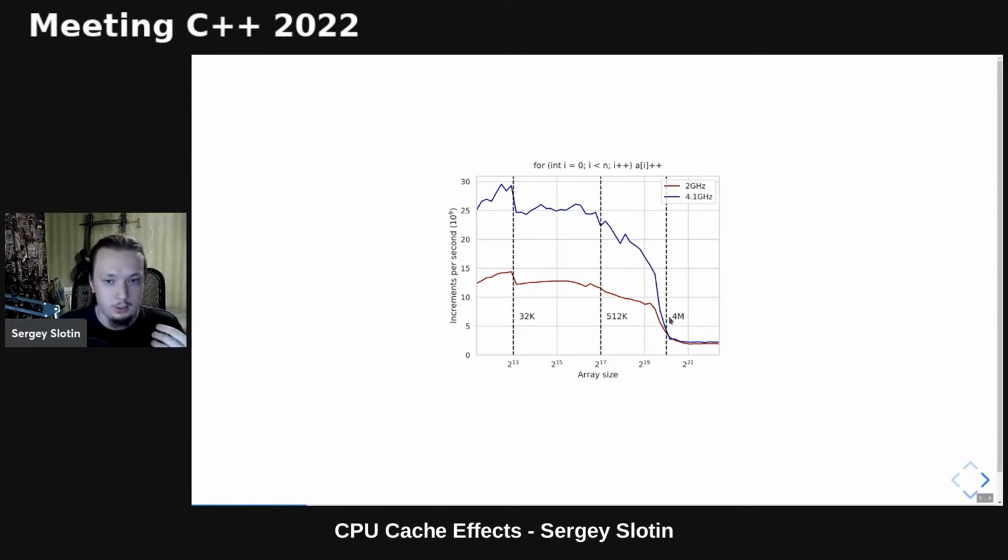This detail often comes into play when comparing different algorithm implementations. When the working dataset does not fit into the cache, the relative performance of the two implementations may be different depending on the CPU clock rate, because the RAM remains unaffected by it, and everything else scales with it linearly. So you might have two implementations, and one of them is faster at a certain clock rate, but slower at another clock rate. So for this reason, it is advised to keep the clock rate fixed. And so we will run most of our benchmarks in this talk at plain 2 gigahertz.